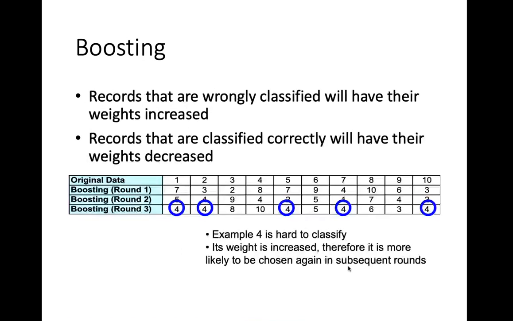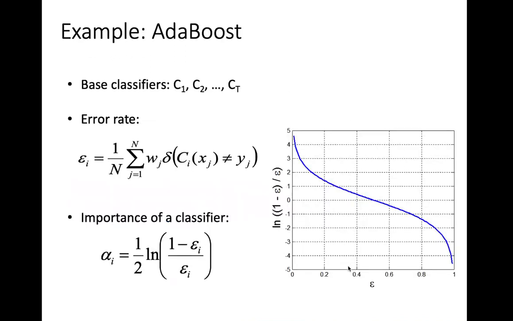Here we are trying to show how boosting is working, and the AdaBoost algorithm is also shown here. You can have some T number of base classifiers, and they can have different error rates. Then after combination you get a weightage for each of these classifiers, the alpha i. That is given by this value.